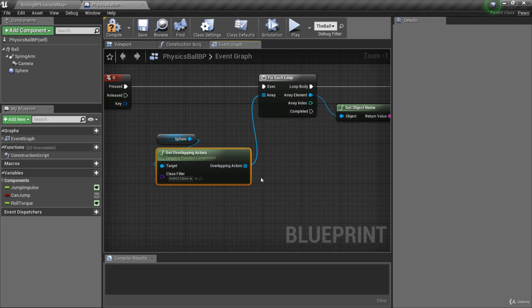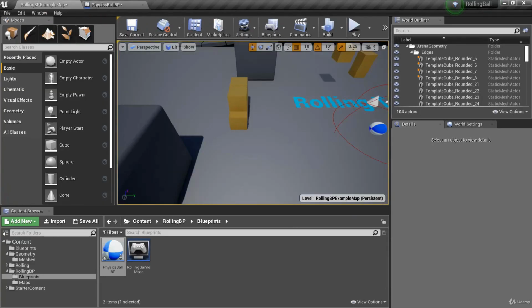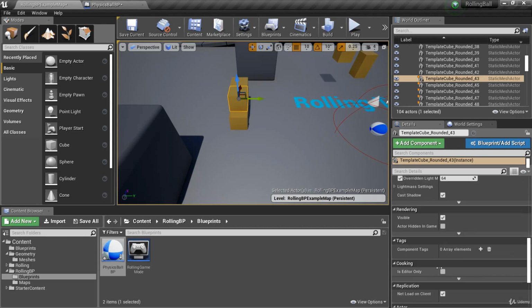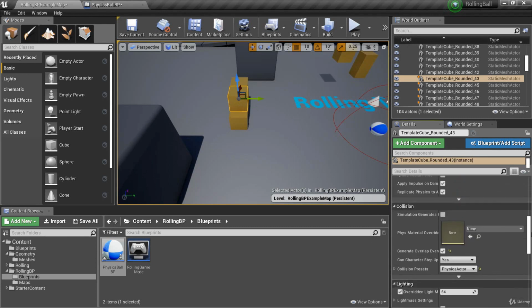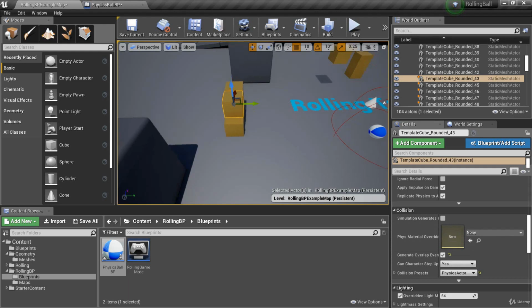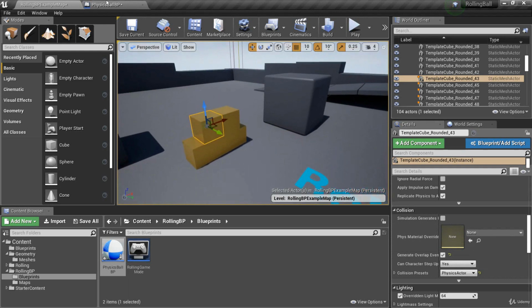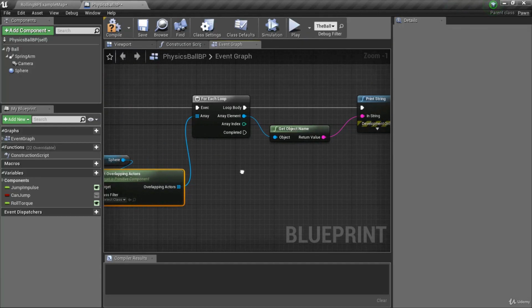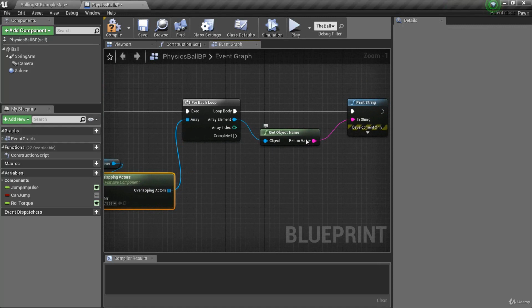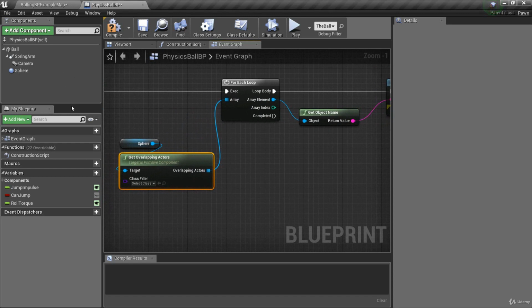It's basically a collection of a bunch of different actors. And so this will get all overlapping actors as long as they have overlapping events set to actually happen. So we had to go in, select them, and check the checkbox for generating overlap events right here. So as long as any actor has that selected, it will participate in this get overlapping actors. So that's great. That's an excellent way to get all actors that are overlapping with a particular component, in this